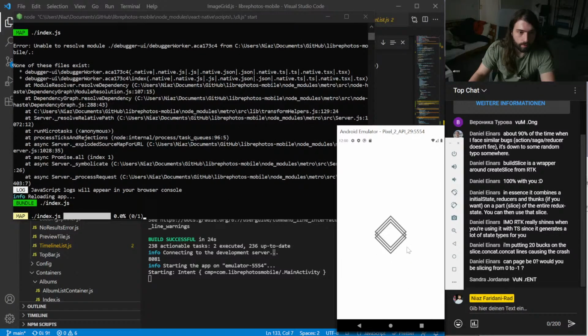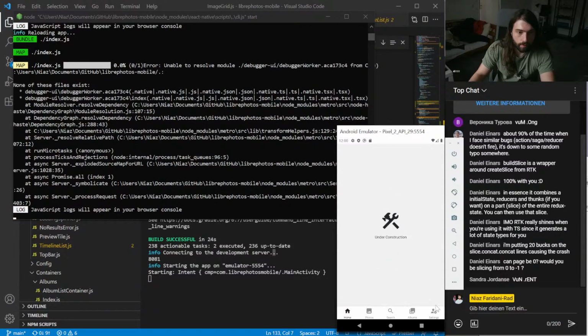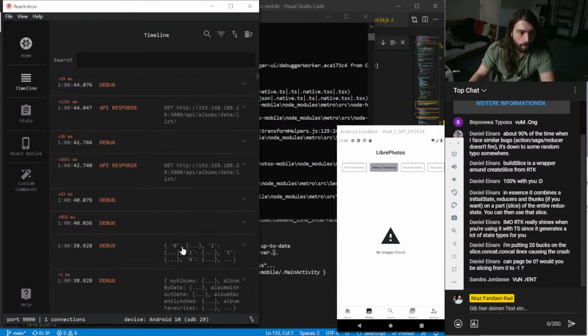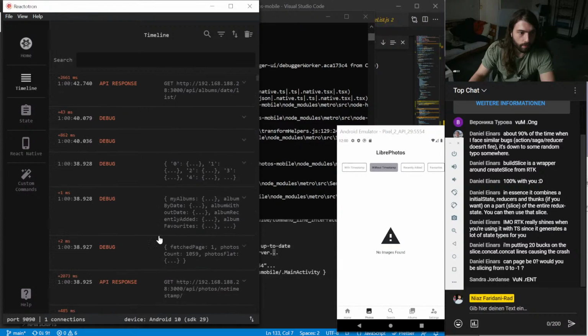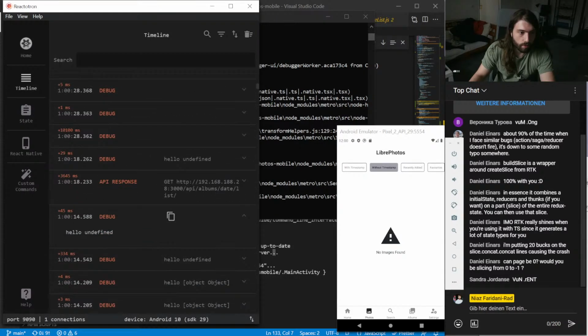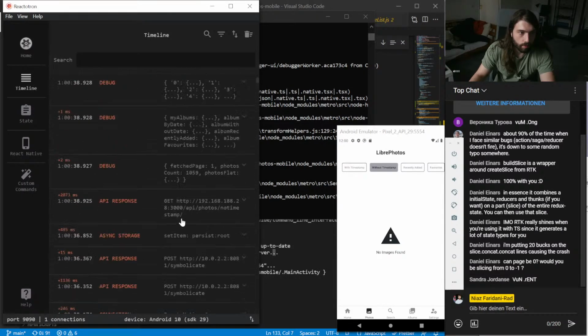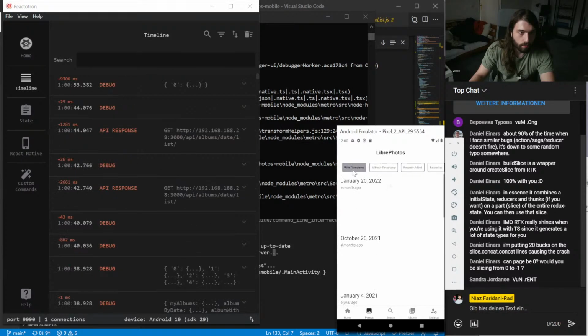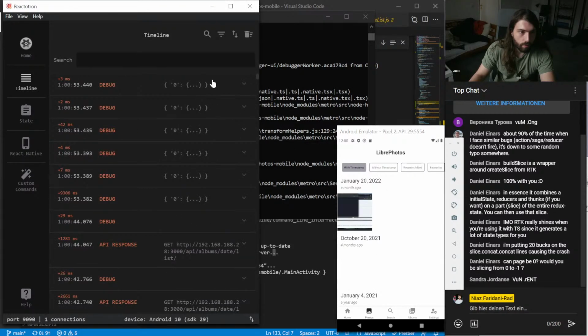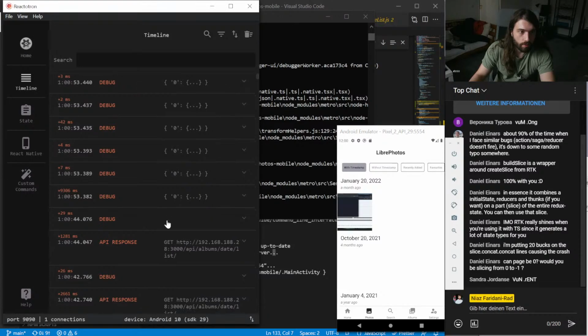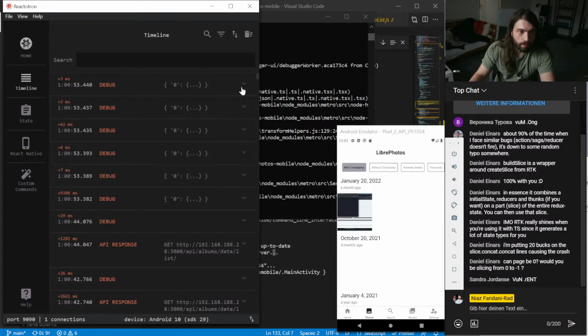Reload. And let's go in here. Now it's empty again, of course, come on. Ah, here we go. So that's probably all the stuff we have. Okay.